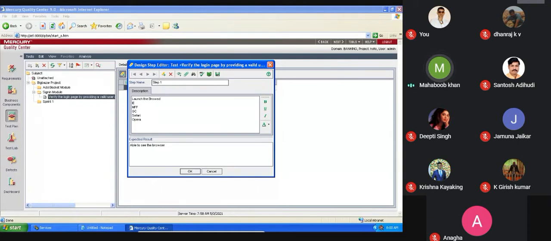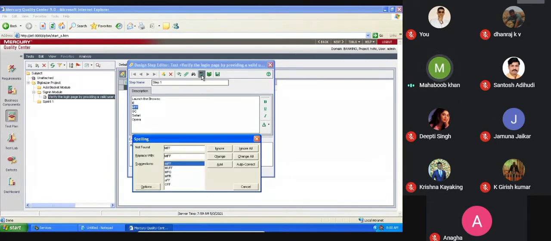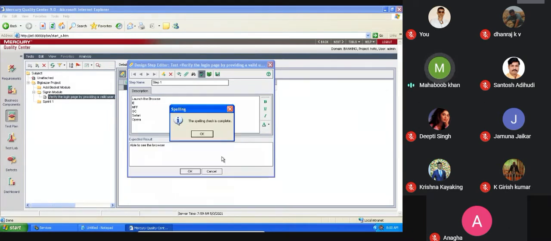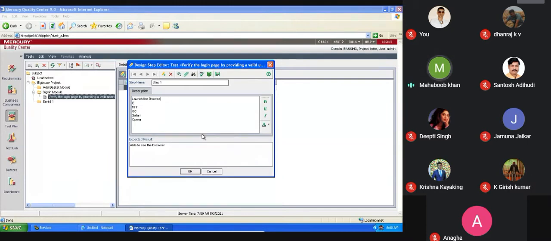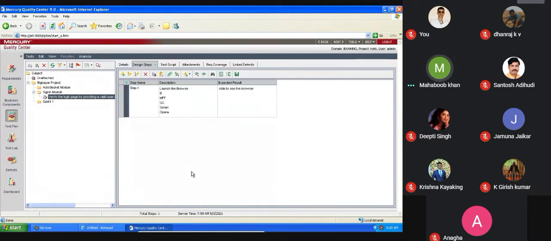Okay, some XYZ I kept. So let me check. There is a spell check. Once you click, it will give each and everything. Ignore, browse. Are you able to see? So here it will change. It will get changed. Browse completed. Now, once you click this, it gets occupied with a cell. It gives each and every cell here.